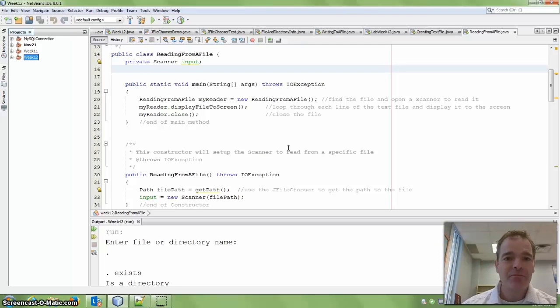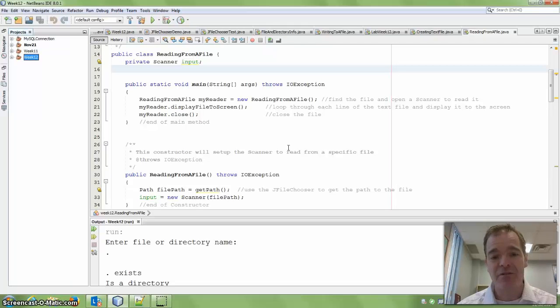For example, we could write a bunch of information to a log file, and we might want to access that at a later time. We could store information about a particular class or object in a file. You can think of maybe employee information or something like that. Now, normally that would happen in a serialized type file, and what we're going to look at today is just